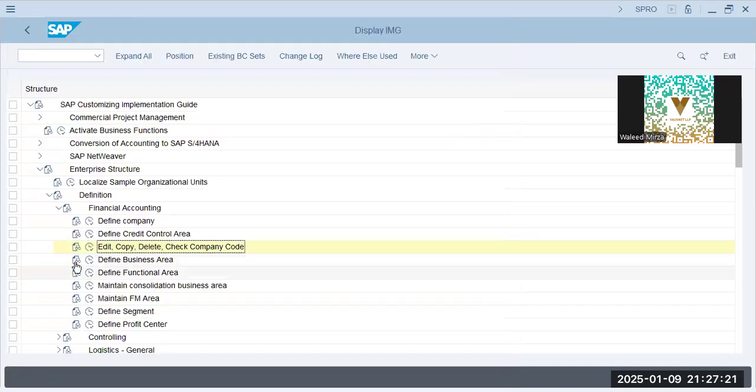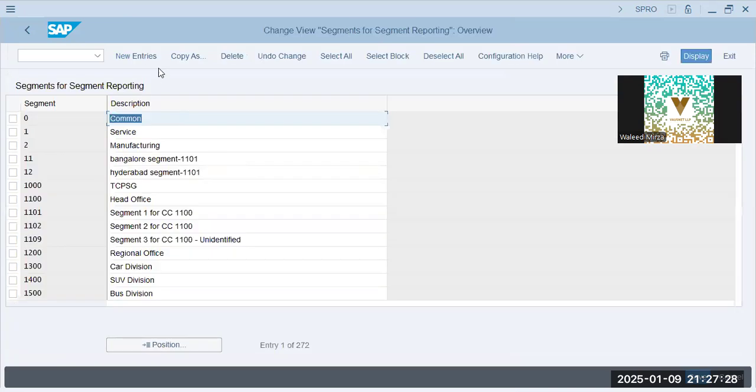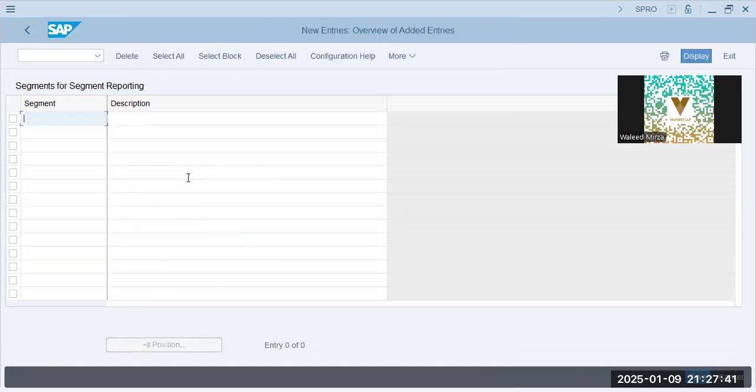Now, company code is already made. We can also define segments, and we'll define profit centers later on. But right now, we'll define segments. Segments basically are for segment reporting. Segments can be your products or geographies also. It depends what your business priorities are. Okay. So let's say